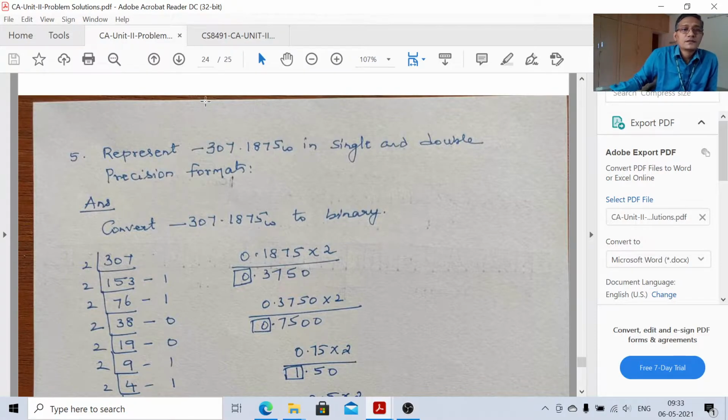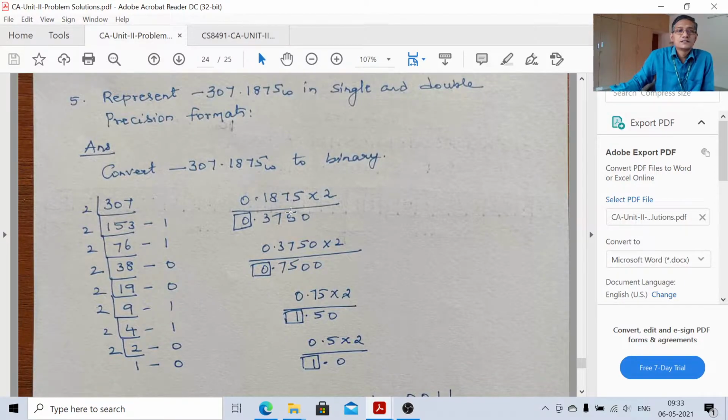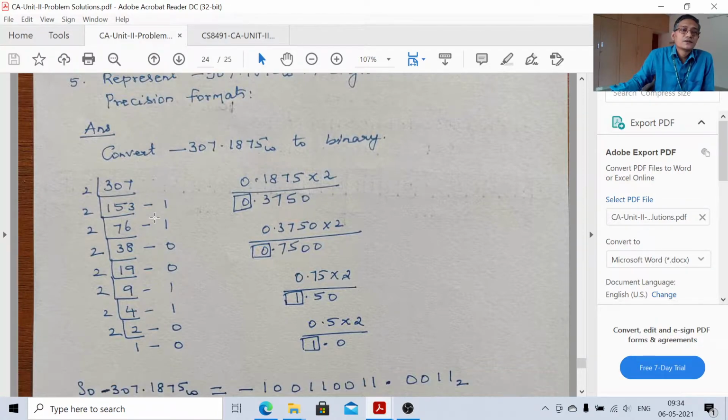So first we need to convert this decimal number which is given to binary. So we know the procedure for converting the given decimal number to binary. First the whole value, that is available before the decimal point, 307, is converted by successive division by 2, and it will be 100111111. Now the conversion process is still not over because we have some digits to the right of the decimal point, 0.1875. That we need to convert by multiplying by 2.